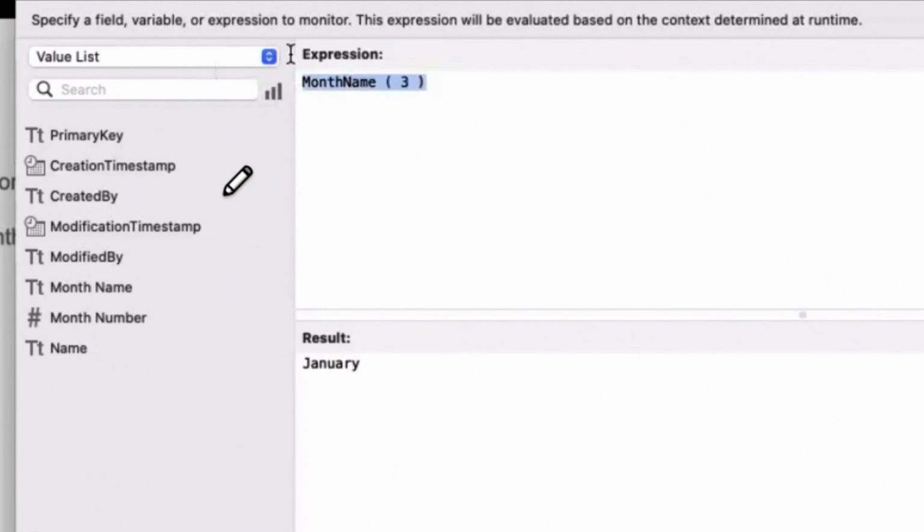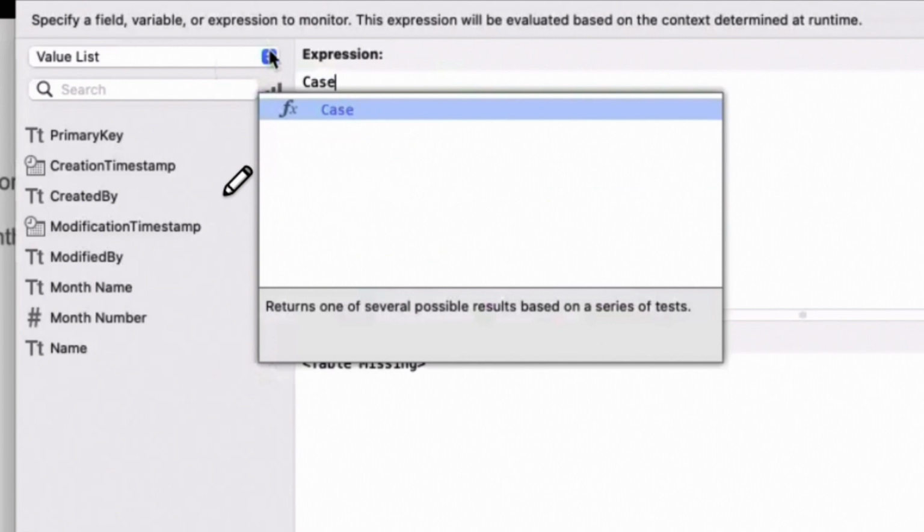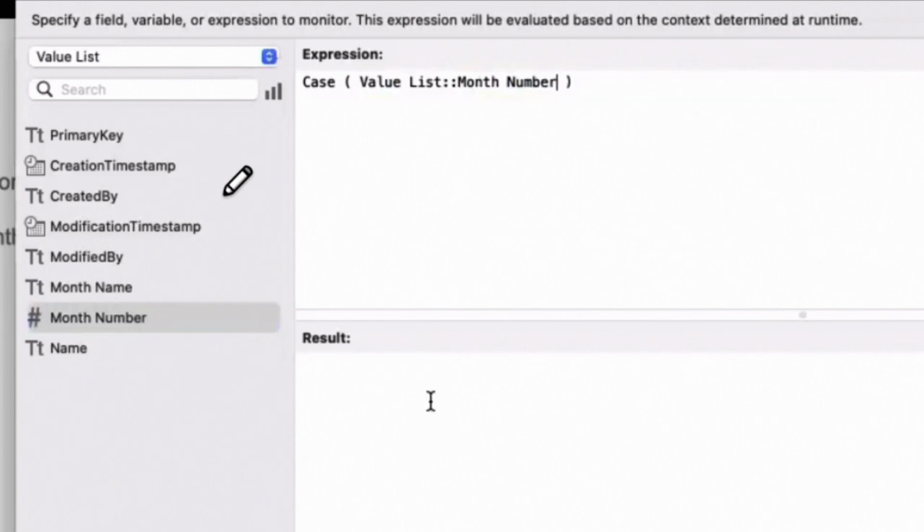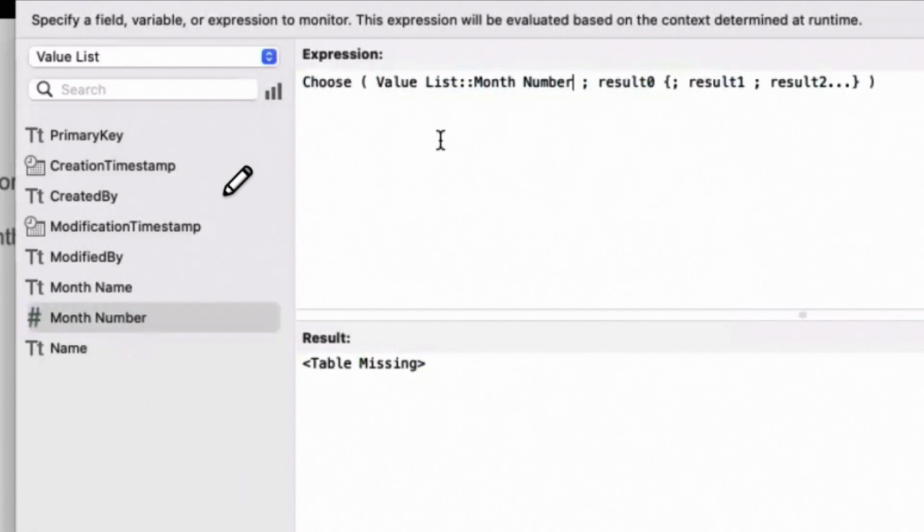So we have multiple ways. You have the Case function, and I guess Choose would work too. You could use month number equal 3, and then you say March. And for all the year you do a Case with 12 cases: January, March. You can do this, or you can do the Choose function. It's a good way. Choose, and the test is the month number, and you type here January, February, March.